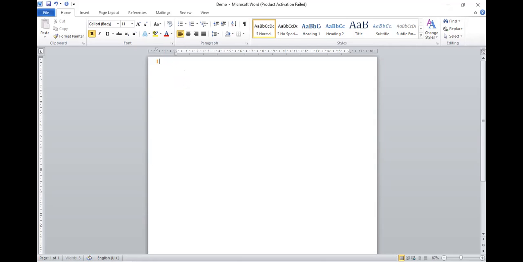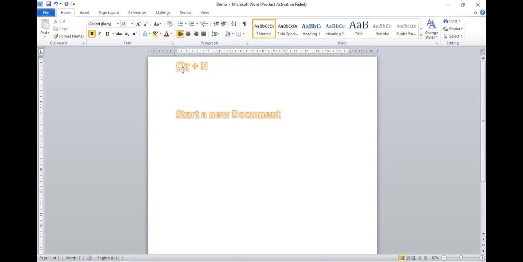Ctrl plus N. Here we have started a new document by pressing Ctrl N. Control plus N is also a combination key to start a new document.